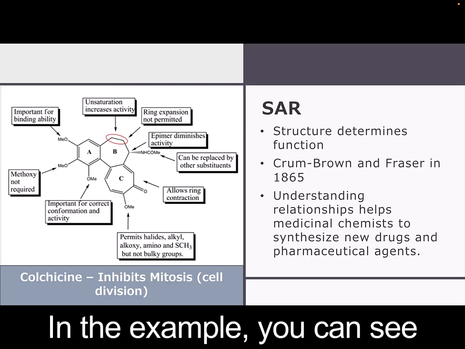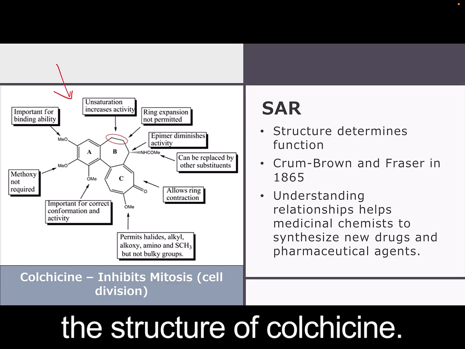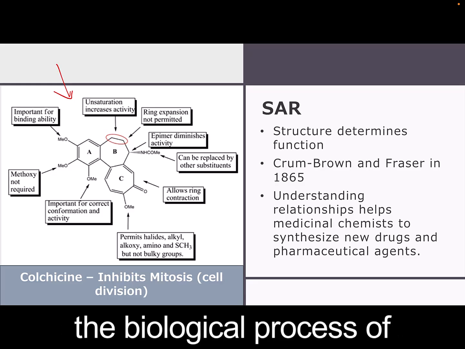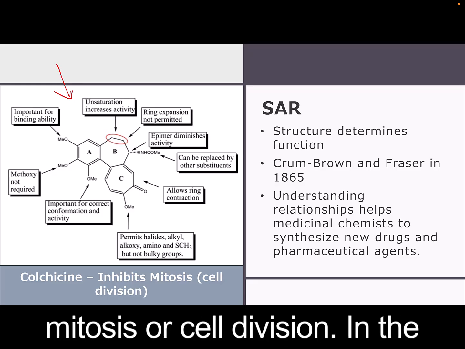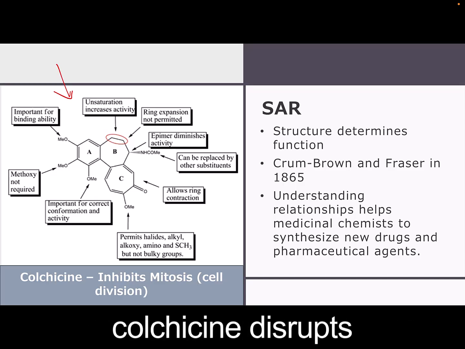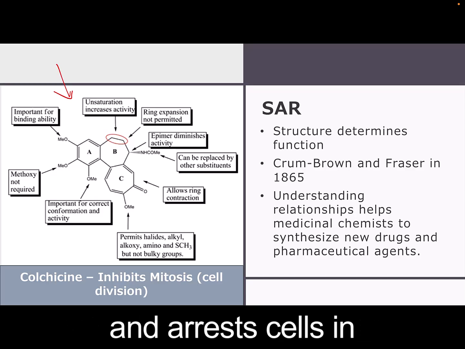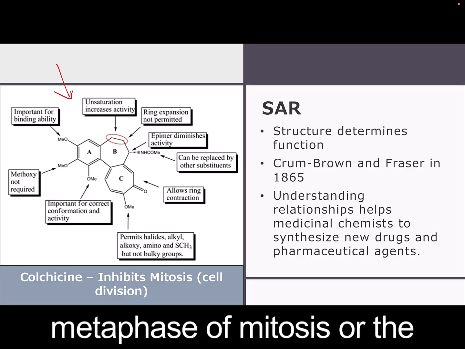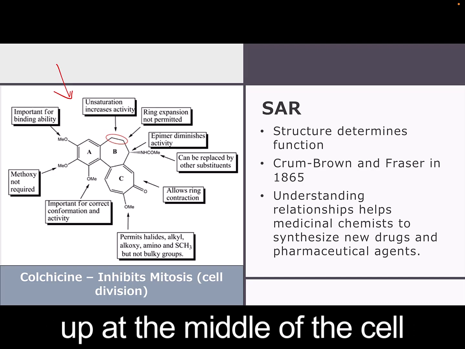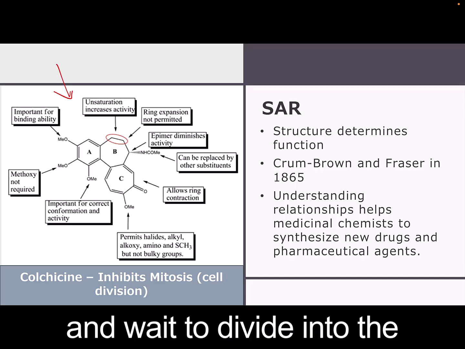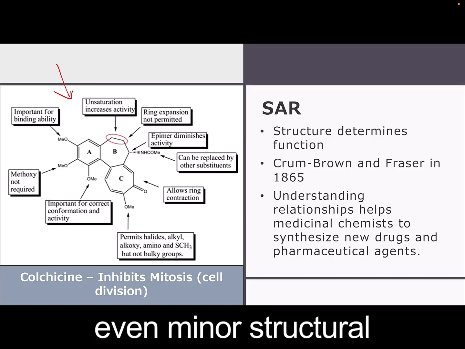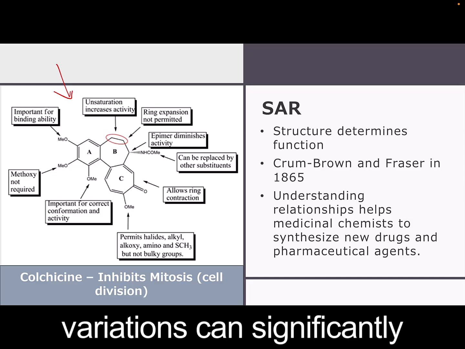In the example, you can see the structure of colchicine. This is not a pharmaceutical agent, but it's a compound that's used widely to study the biological process of mitosis, or cell division. In the pharmacological context, colchicine disrupts microtubule polymerization and arrests cells in metaphase of mitosis, or the position of the cell cycle where the chromosomes line up at the middle of the cell and wait to divide into the daughter cells. In this molecule, nearly every functional group matters, and even minor structural variations can significantly alter